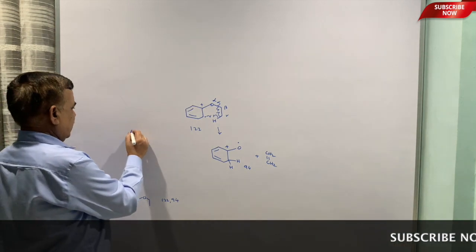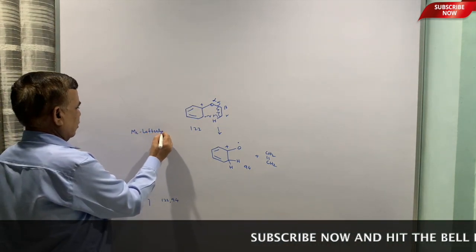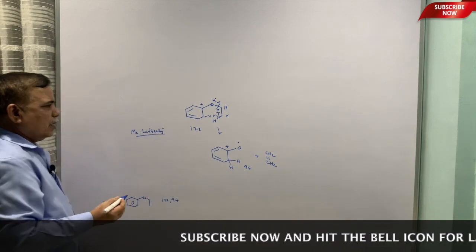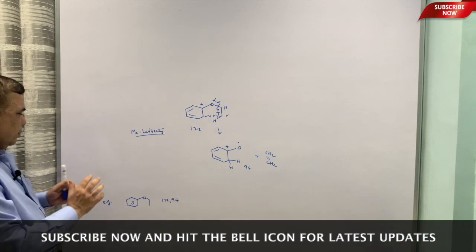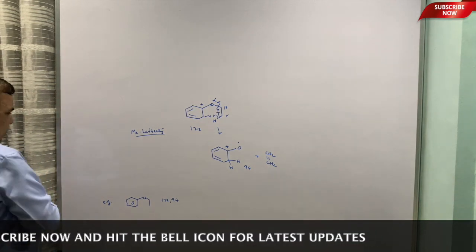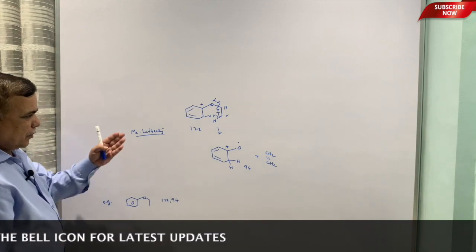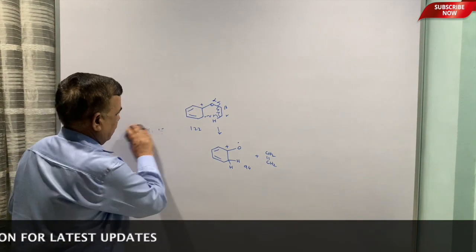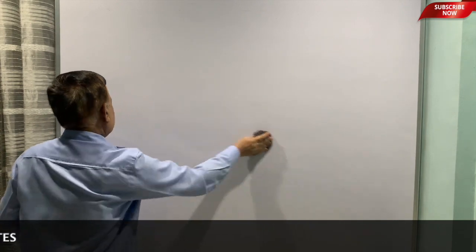So, we will see all the things in detail, but in the first lecture I cannot do so many things. So, this is McLafferty rearrangement, abstraction of gamma hydrogen to give you the even mass peak, starting with even mass of the M plus ion. So, that is for the next time. Once again I will revise a few things, because this is new to you, and we will continue from here. Okay. Thank you.